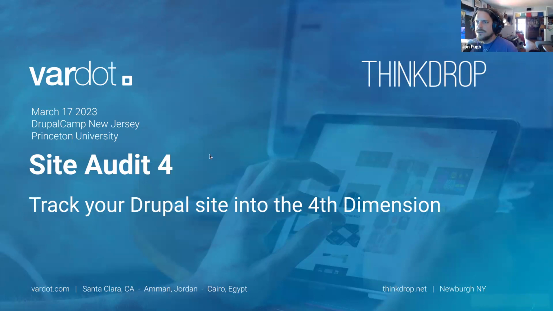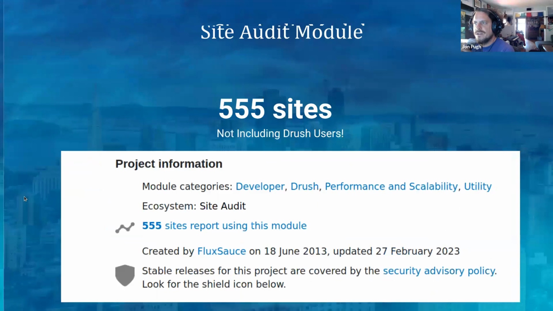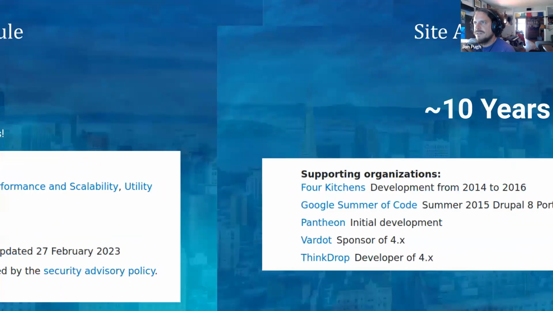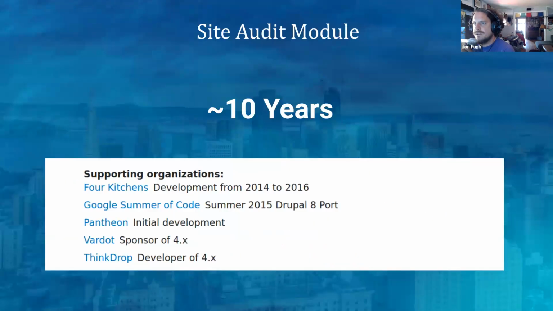So the version is 4, and the joke is track your Drupal site into the 4th dimension, because that's time. The Drupal Site Audit module has been around a long time, 10 years coming up in July, and you may have used it. It's actually got a decent amount installed at the moment, but it's also a drush thing, so a lot more people probably use it than this shows. 10 years it's passed from